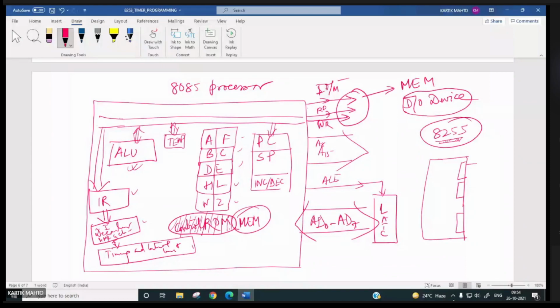Each of 8 bit, and each bit is externally connected, means each bit has a pin also, where we can input or take the output, right? This facility is not there in memory.